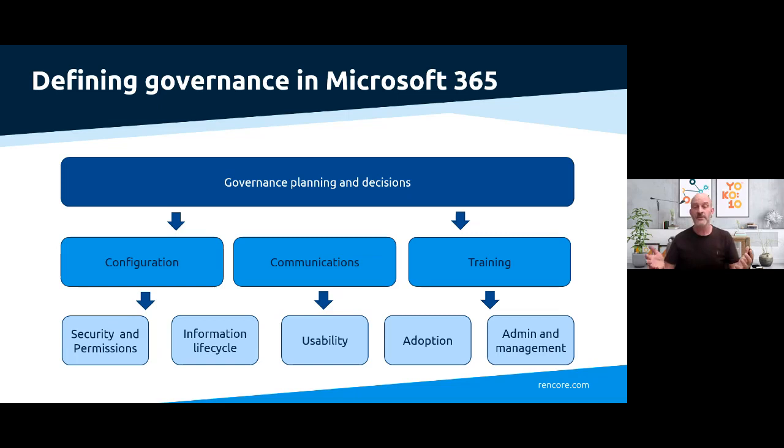If you think about Teams as one example, you're going to be thinking about things like, will Teams be created by default as public or private? Will we allow guest access to Teams? Will we apply expiration policies to help with the overall lifecycle management of Teams? Will we restrict channel creation to team owners or let members do that as well? So there's a whole host of these decisions that need to be made, and they really need to be made upfront before the actual deployment starts. It doesn't always happen. I appreciate that's a bit of an ideal view, but absolutely fundamental to the